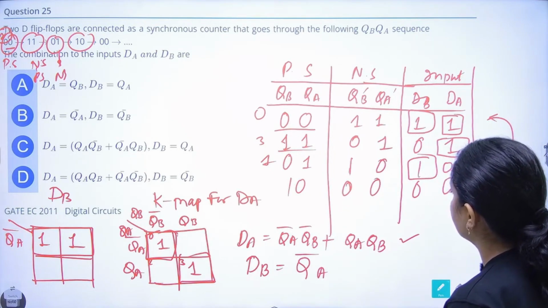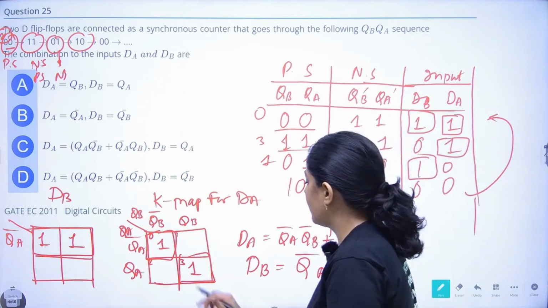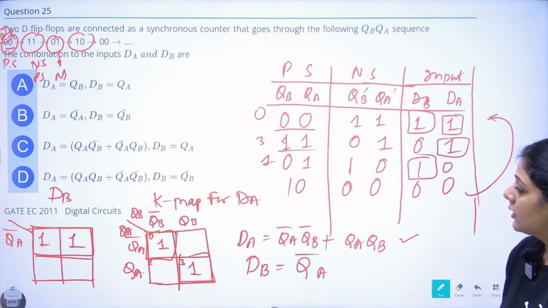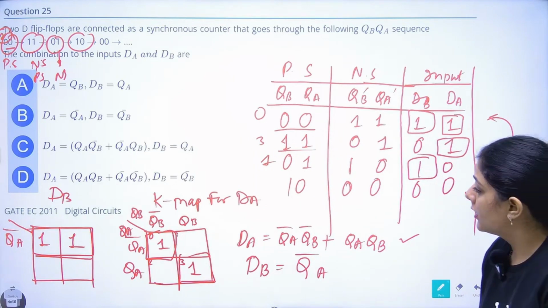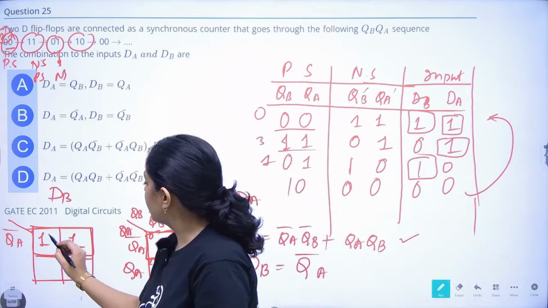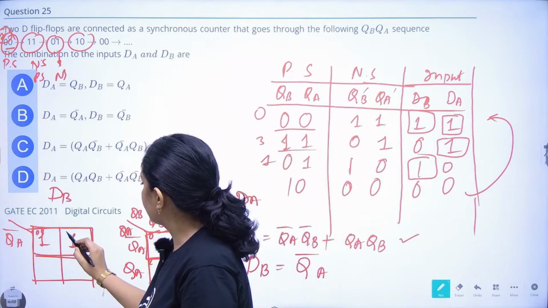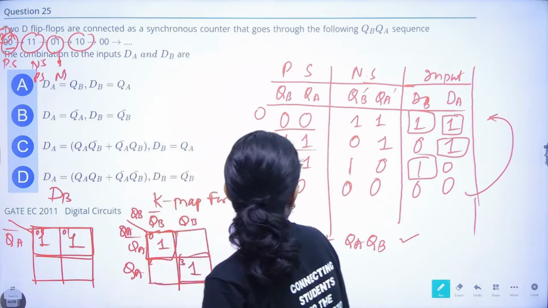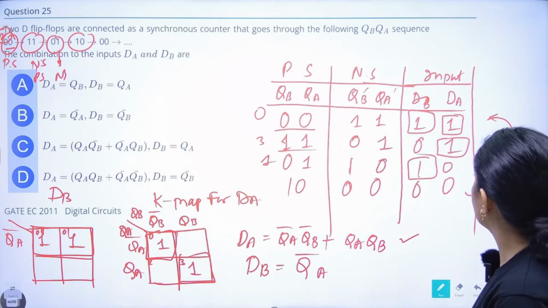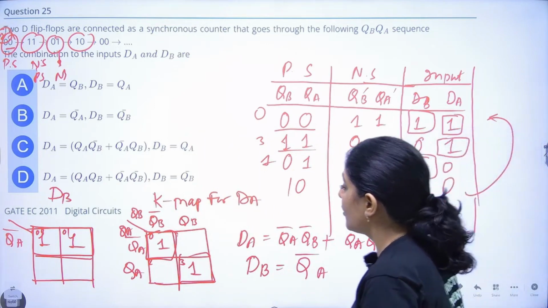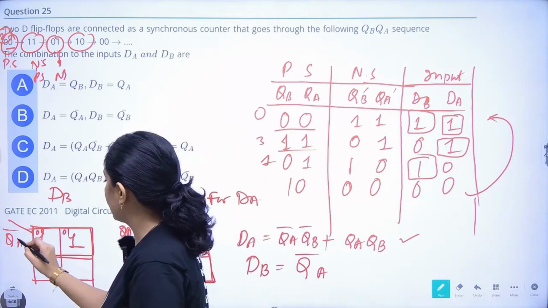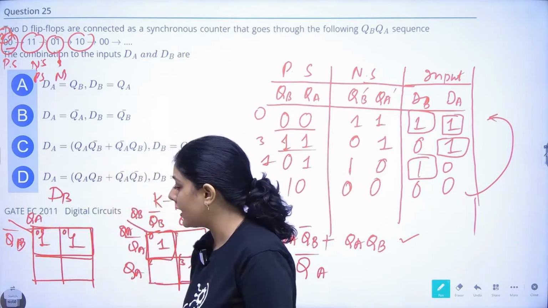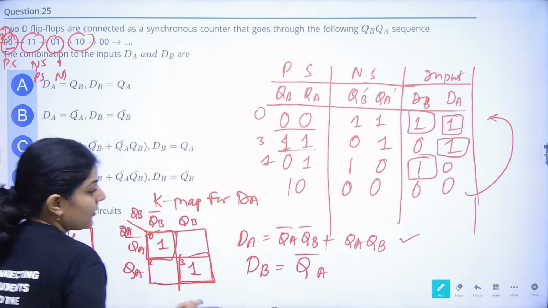0 and 1, right? 0, 1, 2 and 3. 0, 0, 0, 1. QB is our MSB bit, right? So QB should be here. So a little mistake. QB should be here, QA should be here, because we write MSB here. So accordingly, this will become